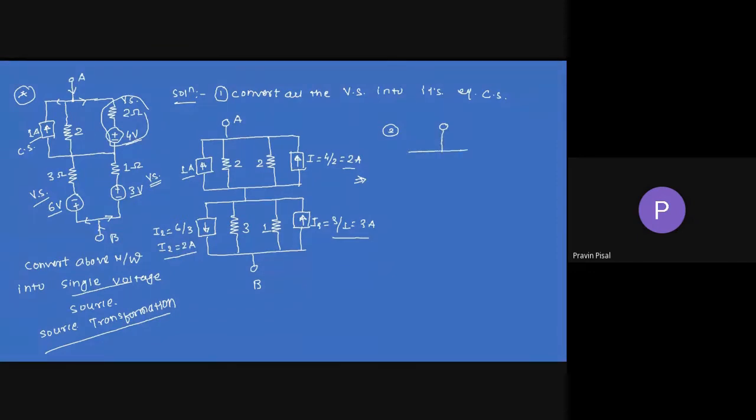So I will add all the current sources. Okay, like this you can see. So this will be the next point. Okay, so I am adding this. So the current is simply added here. Okay, so what will be the value? I equivalent is 1 plus 2. So the answer is 3 ampere. What will be the resistance? 2 parallel with 2. Your answer is 1 ohm. If you solve this, 2 into 2 upon 2 plus 2, so our answer is 1.